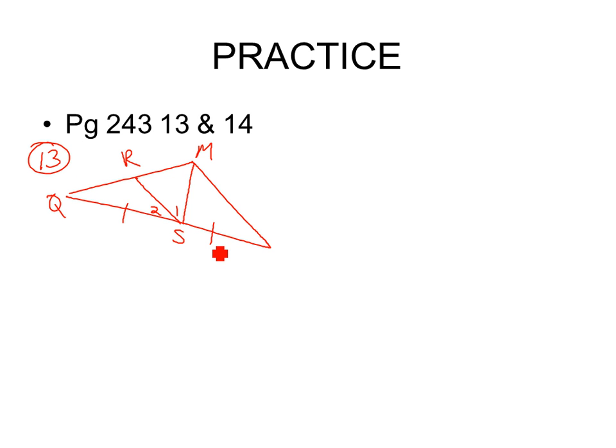All right, problem 13 says find x and the measure of angle 2. So we're looking for x and the measure of angle 2. We're going to find both of those here in a second. If MS is an altitude, so this is an altitude, then we know that this right here is a right angle. Altitudes form right angles with the opposite side